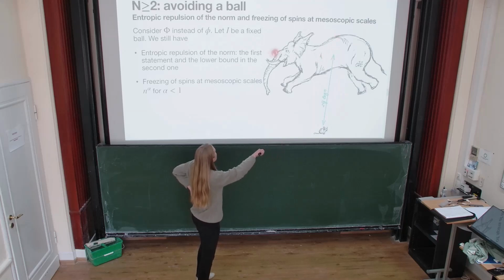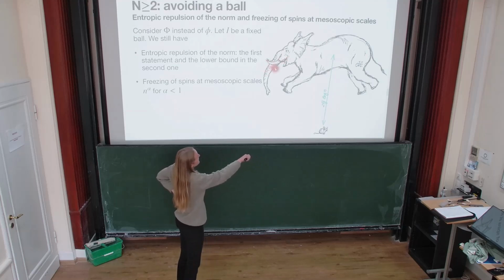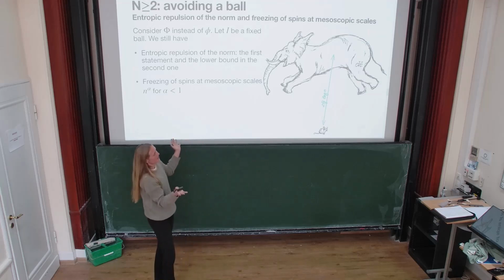However, what we didn't manage to get, but believe to be true, is that this also holds if, for instance, this is an image of a point 0 and this is somewhere at n. We still don't know how to rigorously prove that they would also be close enough,